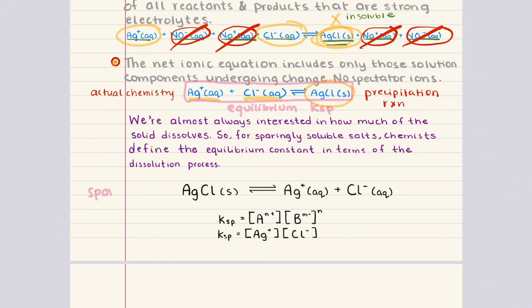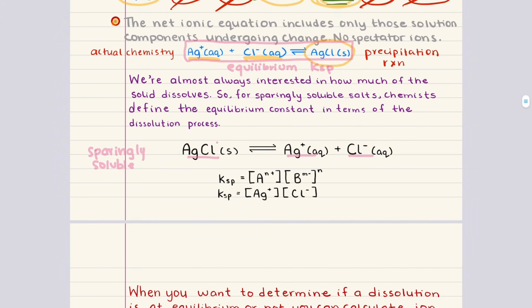That means a very, very small amount of silver chloride still dissolves, and it establishes an equilibrium between the solid and its dissolved ions. So in aqueous solution, this equilibrium looks like silver chloride can dissociate into silver cations and